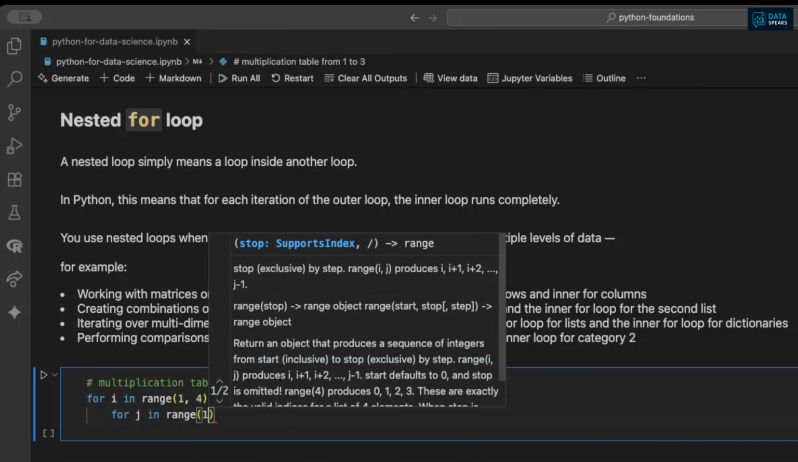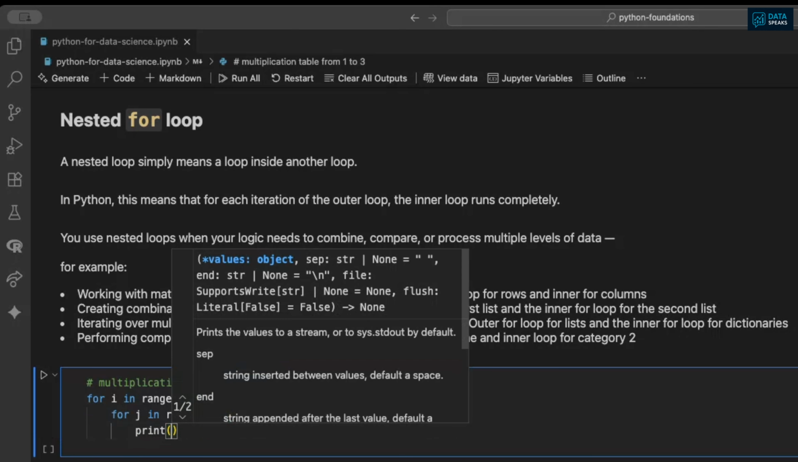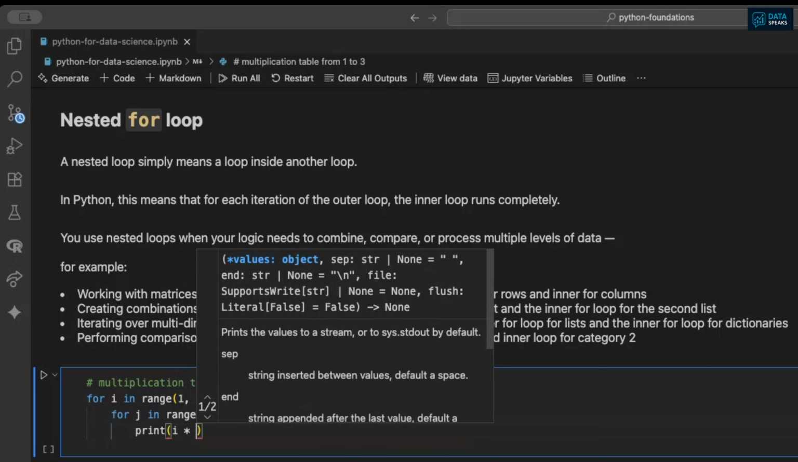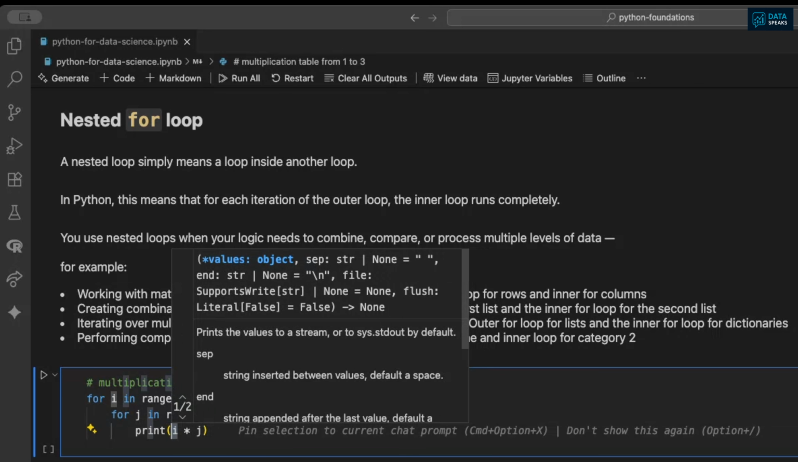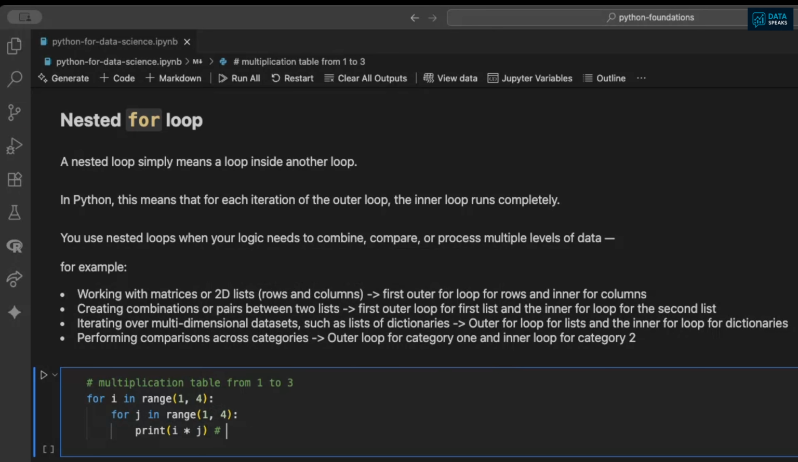I can again say 1 to 4. So again, 1 included, 4 is excluded. So we are sort of multiplying 1 through 3 in this case. And I want to multiply i with j. So each element of i will be multiplied with each element of j. For example, I want to multiply 1 of i with the 1 of j,